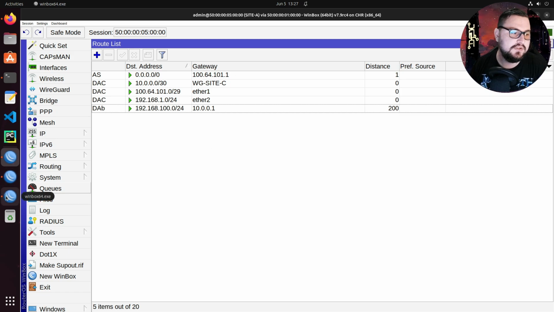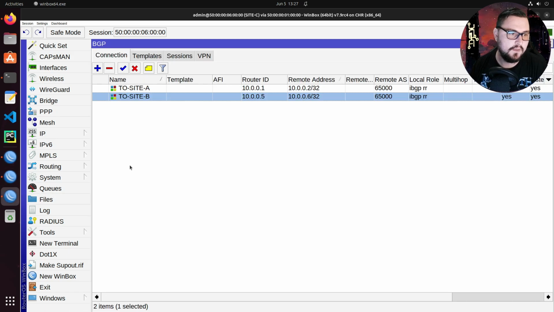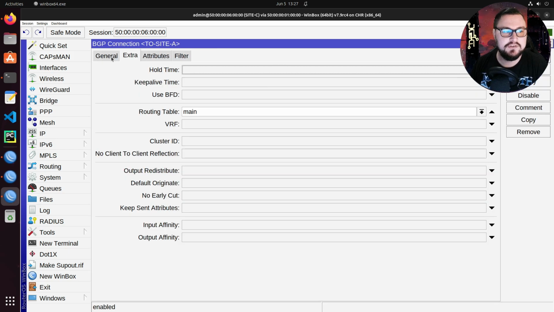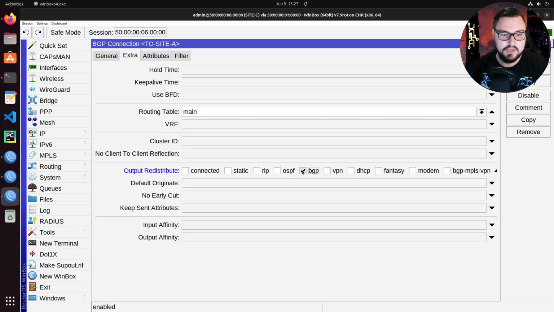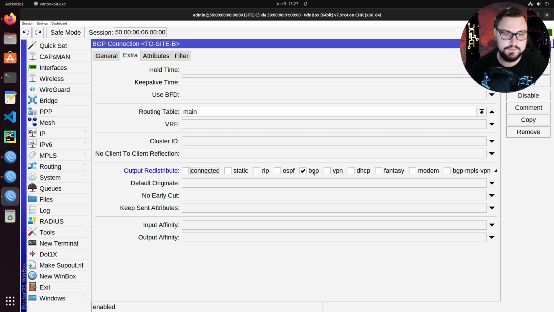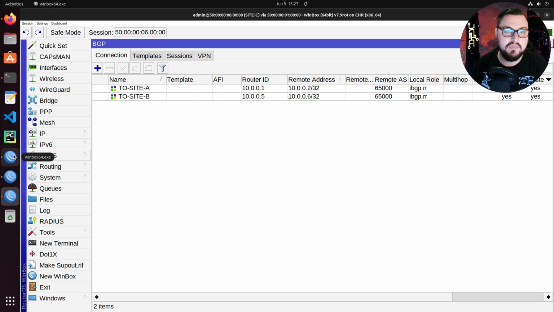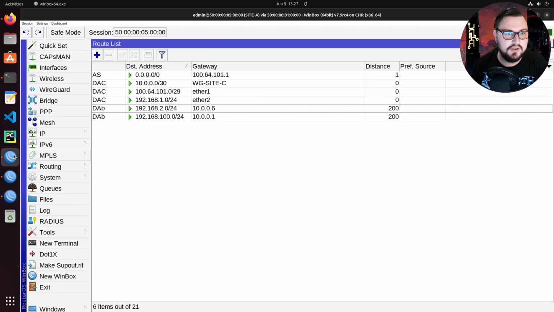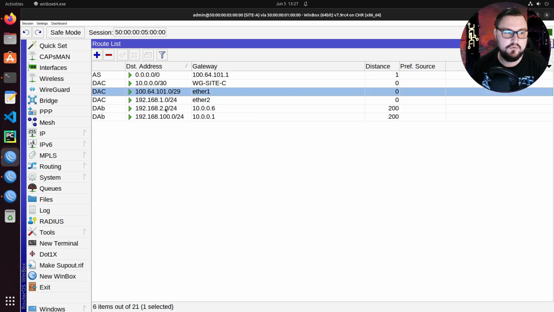So if I go back to my site C MikroTik, one thing I could do is actually use the redistribute function of BGP. So if I go onto the extra tab, we've got an output redistribute, and I can actually set this to redistribute BGP routes. So if I click on apply here, and I do the same for the site B MikroTik, you'll see it's got that little tick, click on apply. If I go back to the site A MikroTik, we'll actually see I am learning the route for the